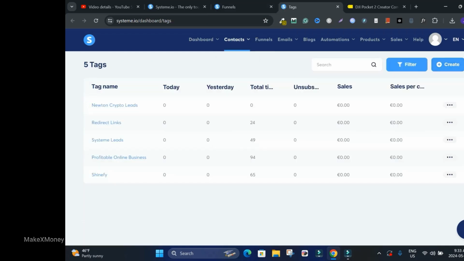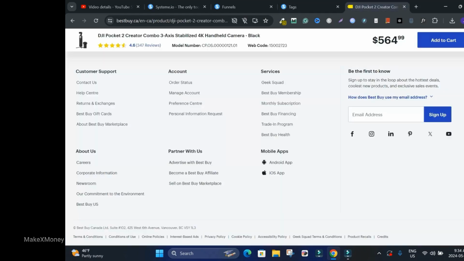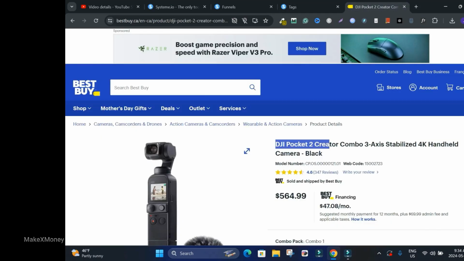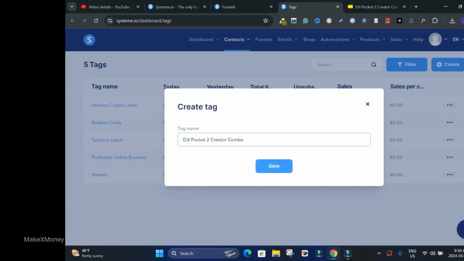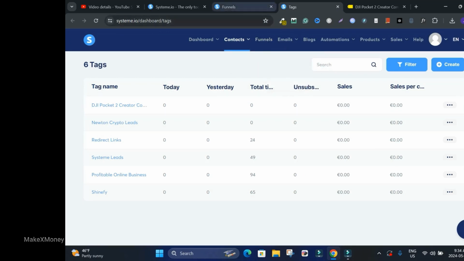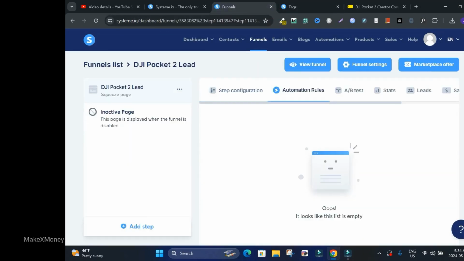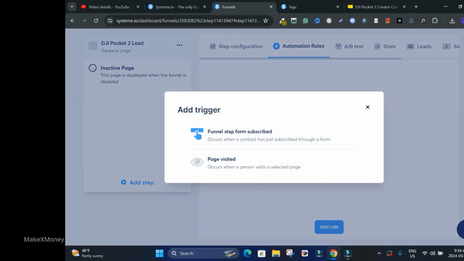I'm gonna create a new tag or email list. Click on create, then we're gonna name it DJI. Let me see, I'll name it this combo. Drop it here, and I'll say in bracket leads, then save. We've created it. We're gonna go back, click on automation rule, scroll down, add rule, click on final step when form subscribed,